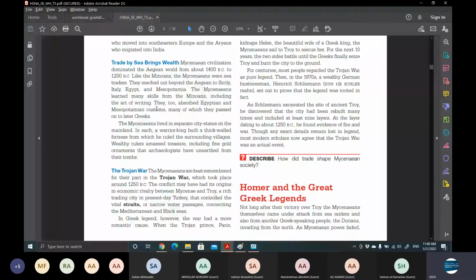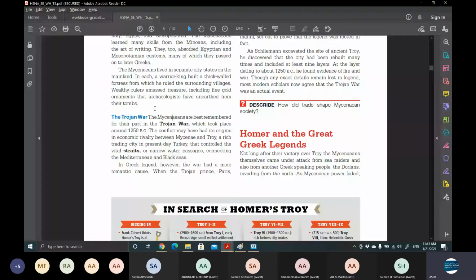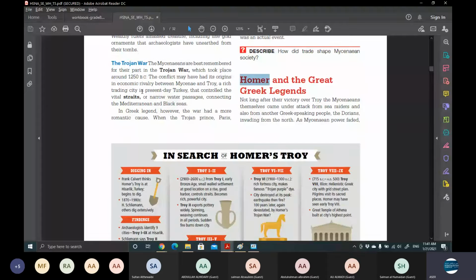And of course, the story itself varies from one storyteller to another. The best storyteller we have in history from that period was Homer himself. Homer was a blind storyteller and a poet, and most of the poems and stories that he told were passed from one generation to the next orally, not written. Later, after a few generations, they were written down.